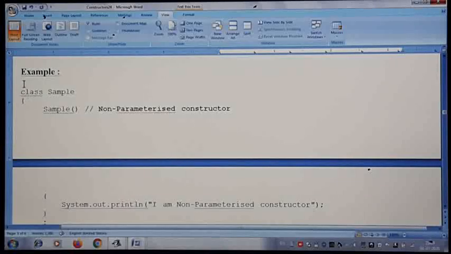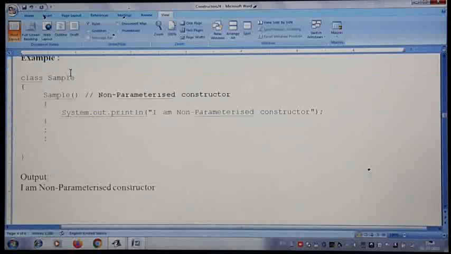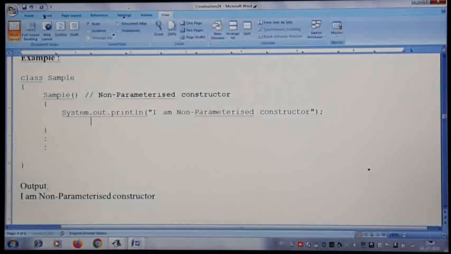Assume that I have taken one example here: class Sample, Sample() with no arguments. A constructor with no arguments is nothing but a non-parameterized constructor. But I have written some messages here, or I may initialize some variables with initial values.